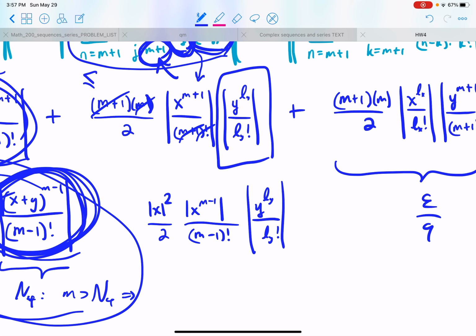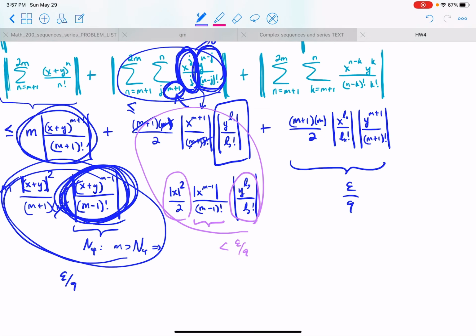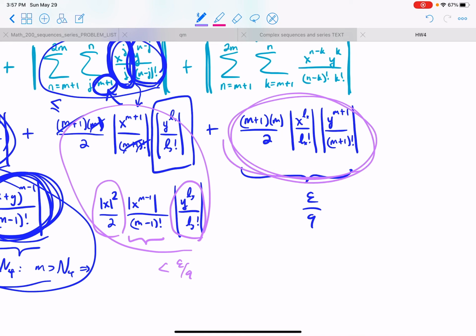And all of these things are constants, right? This is a constant, this is a constant. And this thing can be made as small as we like for the exact same reason as before. The infinite sum of these converge. Okay, so this term can be made less than epsilon over 9. And for the exact same reasoning, except with x and y flipped, so can this one. And that completes the actual proof